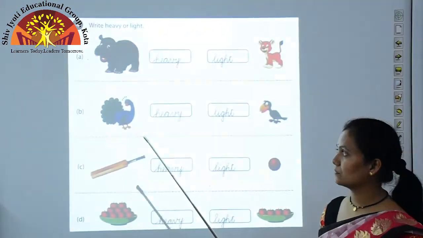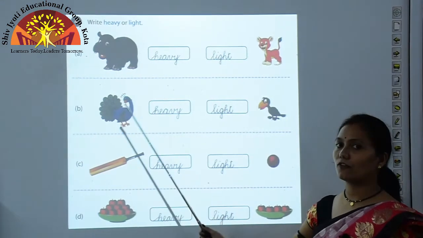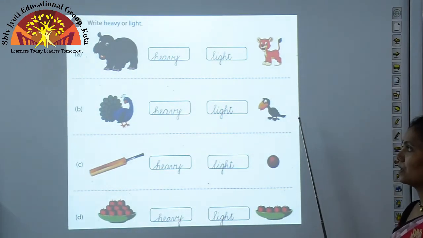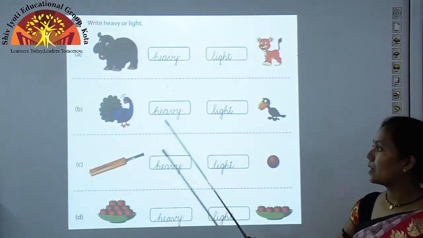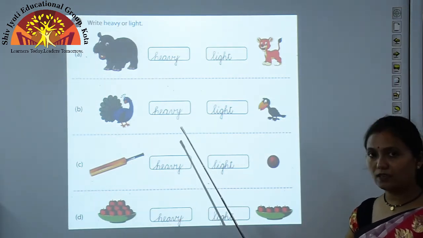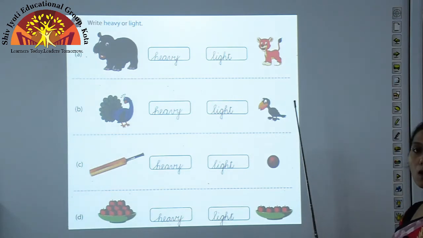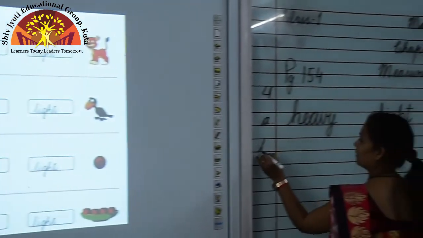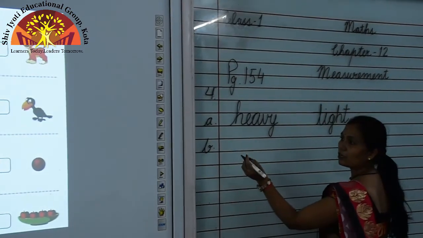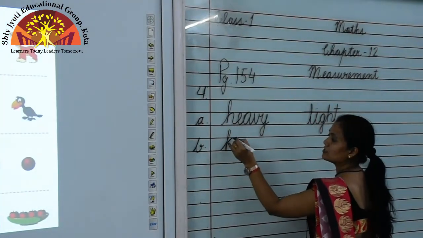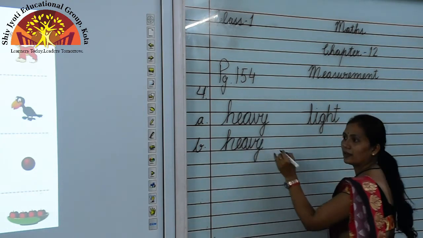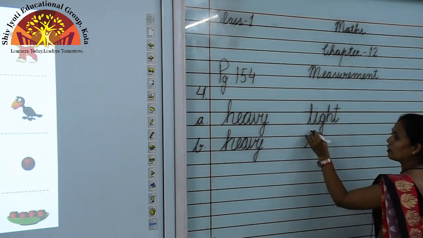Now B. This is a picture of a peacock and this is a crow. Now you can see peacock is heavy and crow is light. So we'll write down in front of peacock H-E-A-V-Y, heavy, and in front of crow